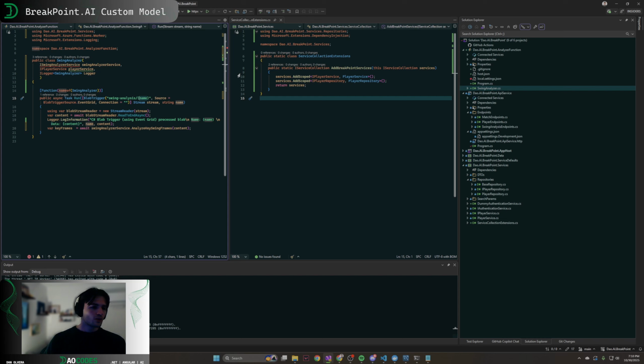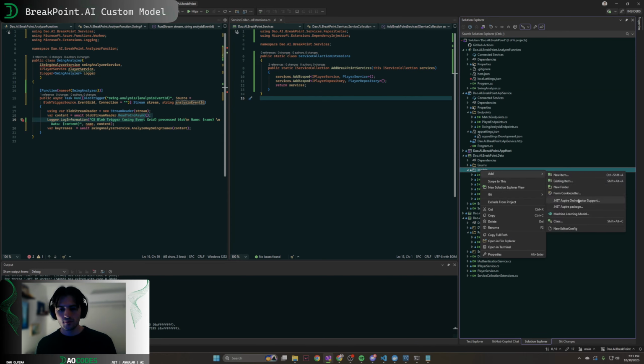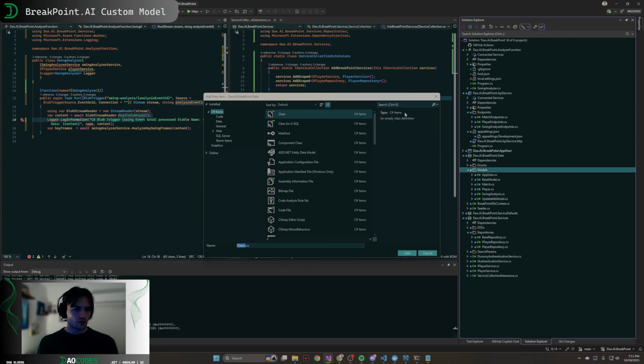So the name now becomes an analysis event ID. That's a string. That's fine. Well, what is that going to be? It's going to be, in my data project, a new model: Analysis